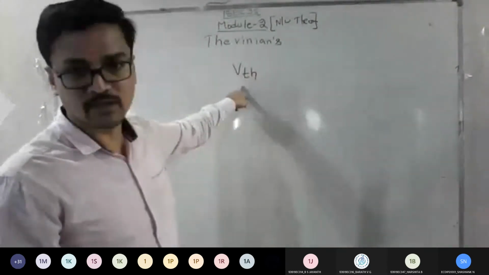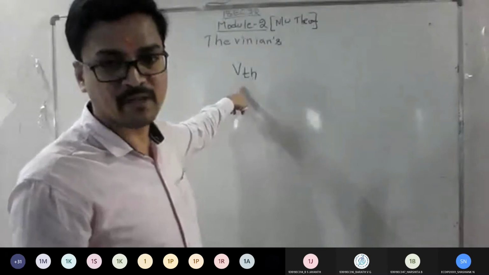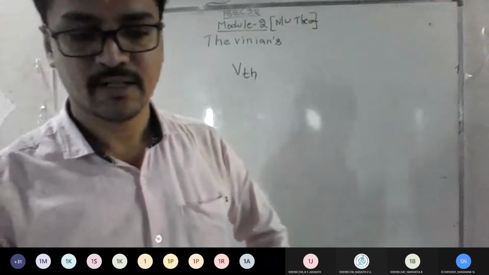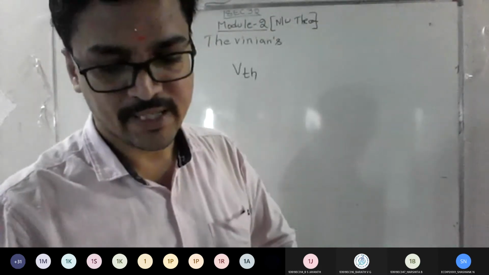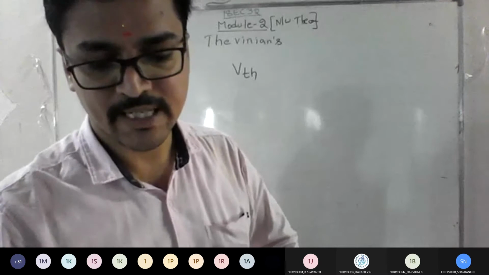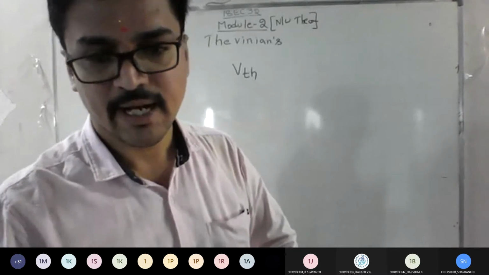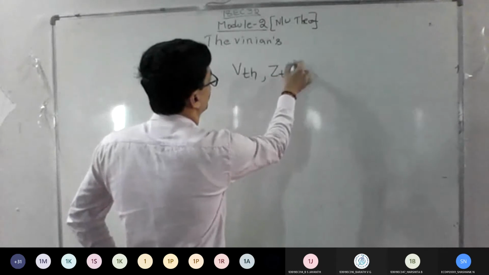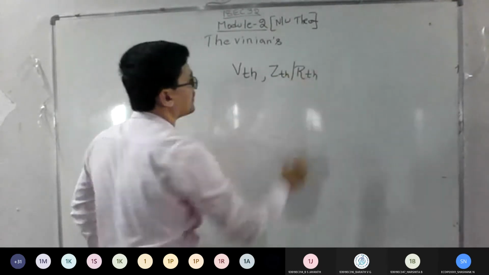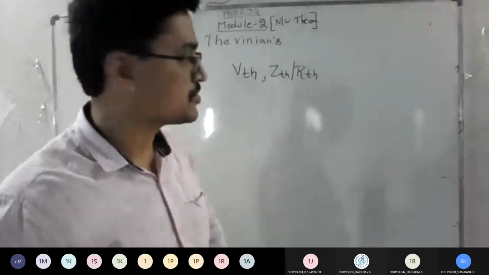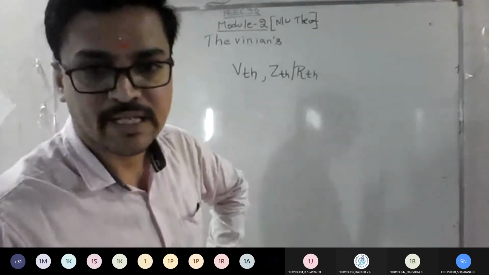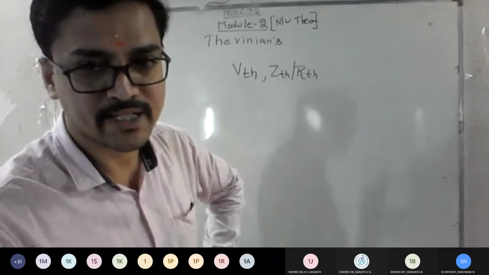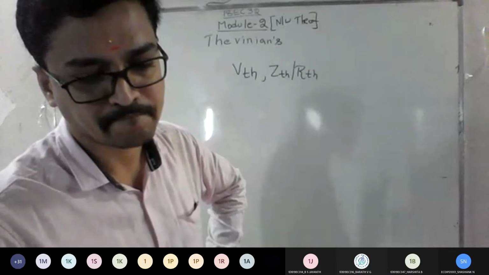representing as VTH. Earlier we had VM, the Millman voltage; now it is Thevenin's voltage, so the name is VTH. So representing as VTH with a series impedance ZTH or RTH. A few times I will write RTH, a few times ZTH. In general, the equivalent voltage is Thevenin voltage VTH, and the equivalent resistance is RTH or ZTH. Okay?